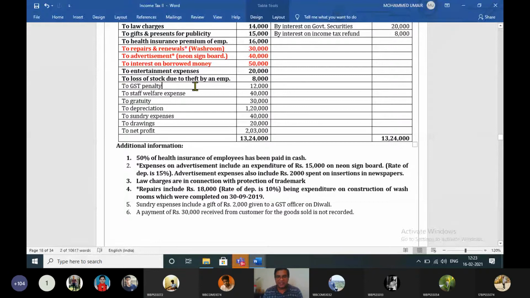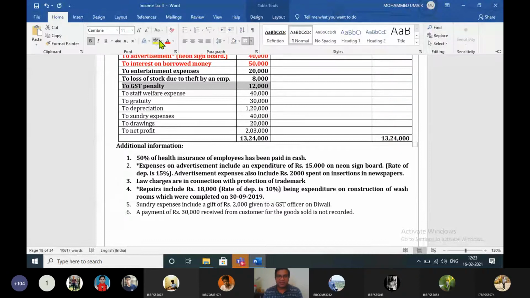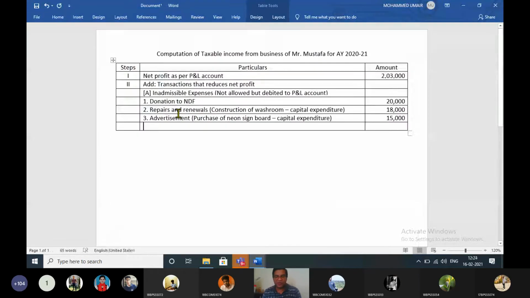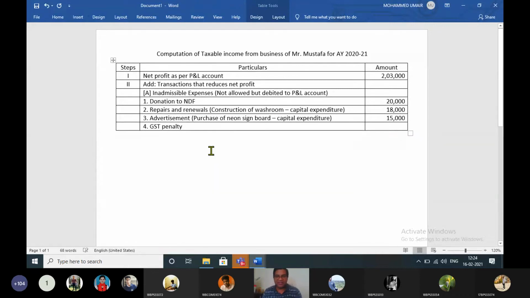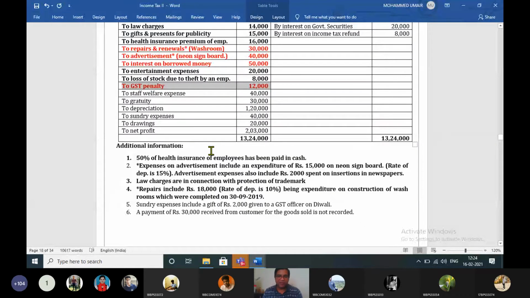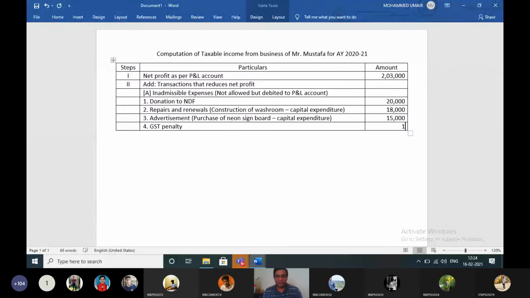Now GST is an indirect tax, but here the assessee has not paid GST. He has paid fine on GST, a penalty on GST. So why? Because he has not followed the law. He has not followed the procedure. So any kind of penalty for that matter, whether it is GST or something else, penalty is inadmissible because an assessee would end up paying penalty only if he does any sort of violation of law and the provisions of the law. So therefore 12,000 becomes inadmissible